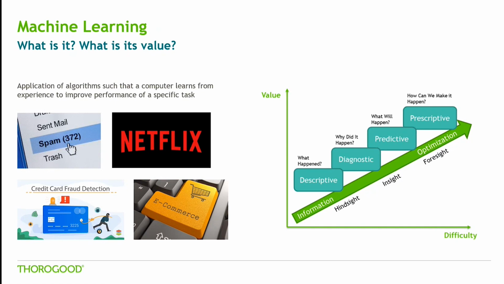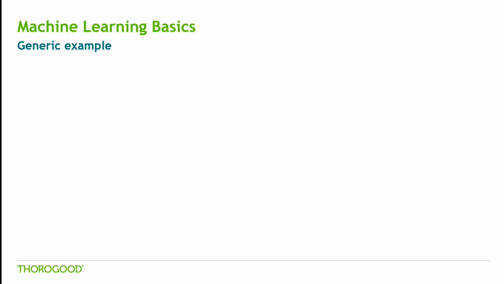And really, a lot of firms, I think, want to move up the value chain there to understand, okay, diagnostically, why did something happen? What's going to happen next? And then how can we actually make decisions and influence things to get to our desired outcome as well? But you can see on the x-axis there, that comes with increasing difficulty. And machine learning really enables companies to do that. It reduces the difficulty level to actually move up that curve. So if that sounds interesting to you, I'll run through a couple of tools that can help you get started